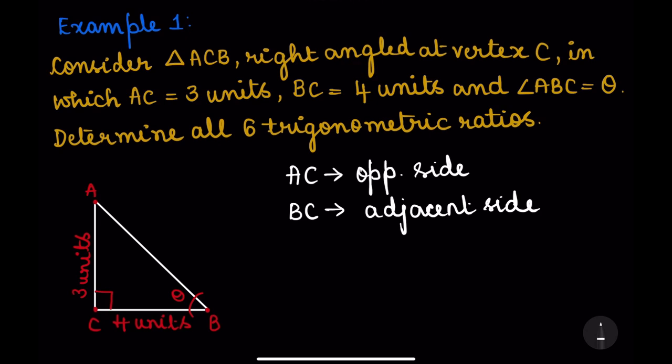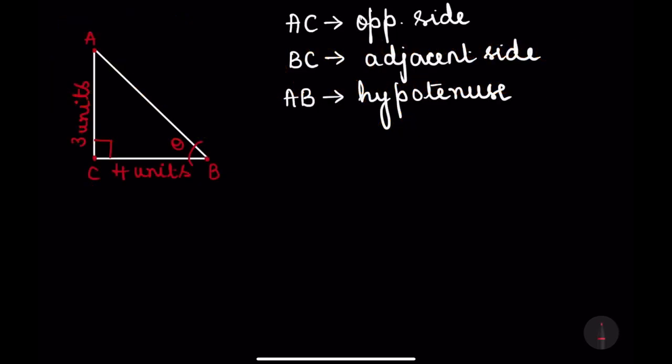Yes, you're absolutely right. Side AB is the hypotenuse. In order to determine the trigonometric ratios, we must ensure that we know the length of all the sides of the triangle. We know that AC is equal to 3 units, BC is equal to 4 units,